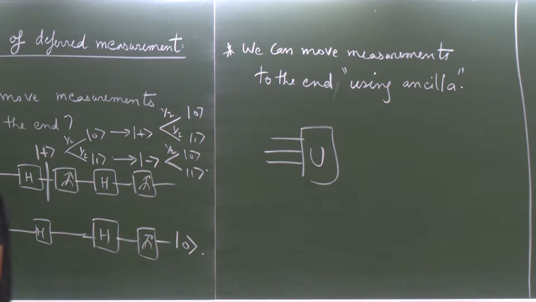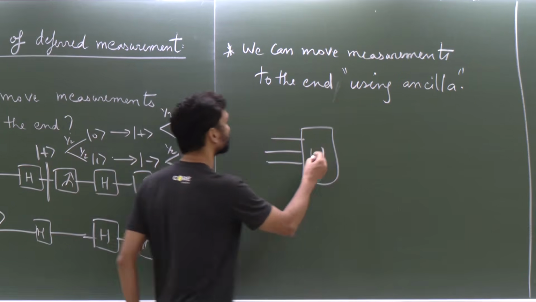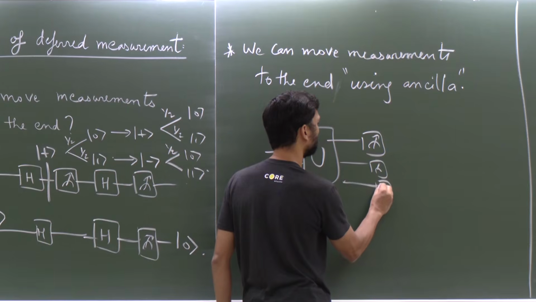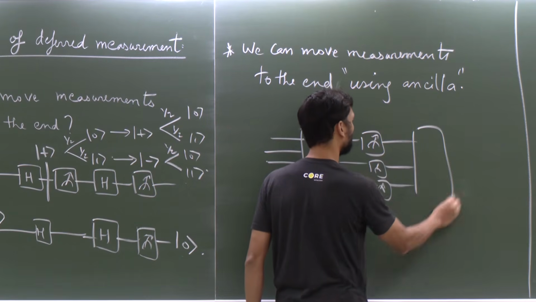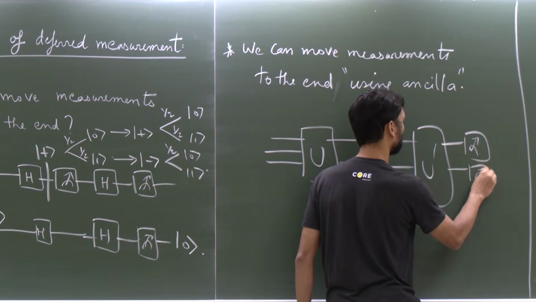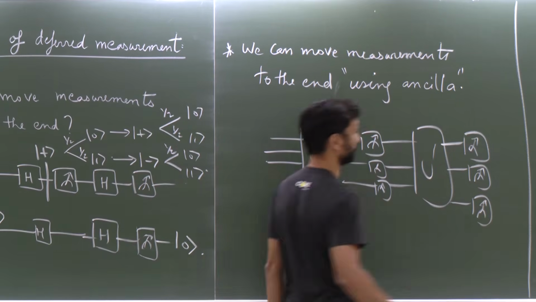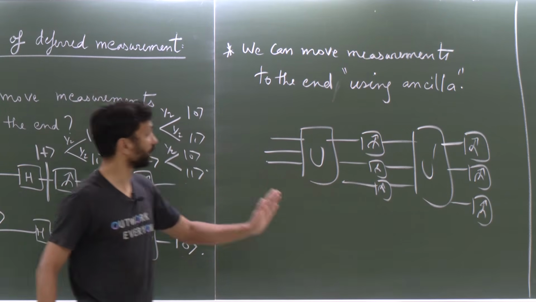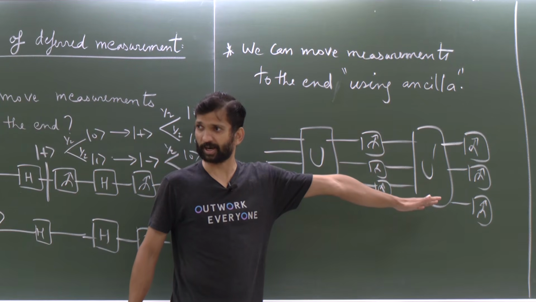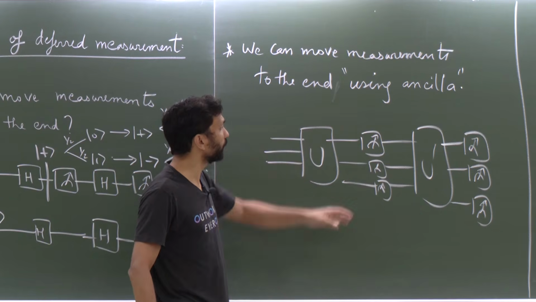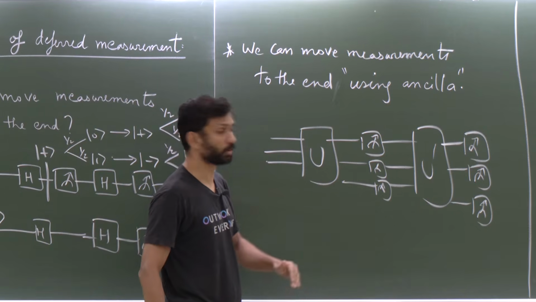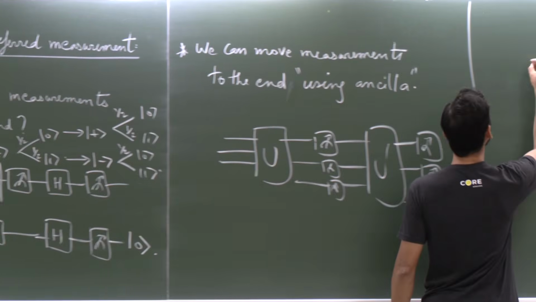Let's say you have some unitary U, and let's say I measure everything. I don't need to, but let's say I measure everything. Then I apply U prime. I don't want these measurements. I want to push them to the end. Correct? The way to do it is I move this using ancilla downwards. What do I mean by that? The equivalent circuit